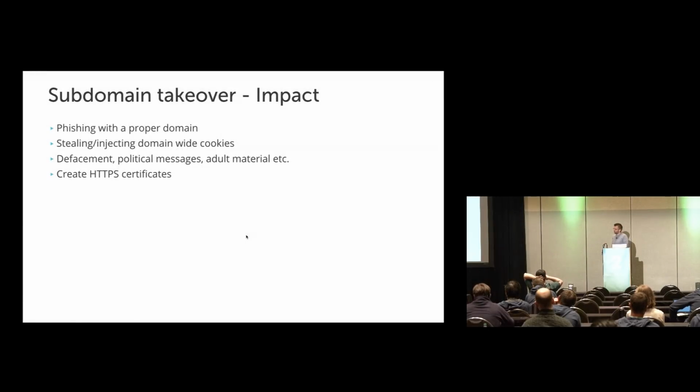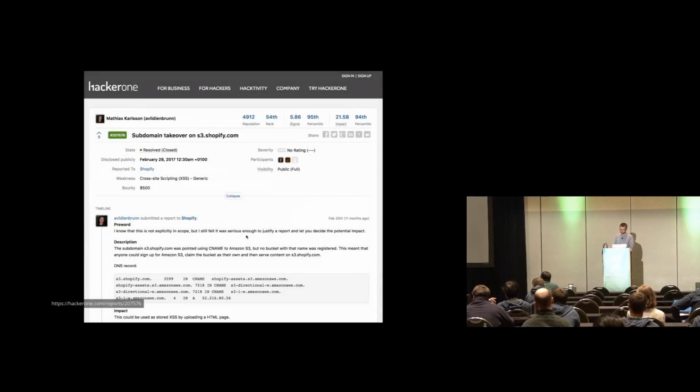So this can have quite a big impact. If an attacker can control one of our subdomains, this is perfect for phishing. Now you actually have a domain that belongs to the company that you're trying to phish. You could use this to inject domain-wide cookies. You could do defacements and all kinds of things like that. And you could even create HTTPS certificates for this subdomain. So here's one example, a subdomain takeover on